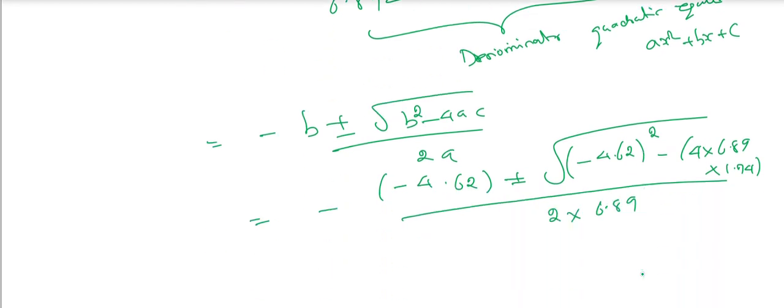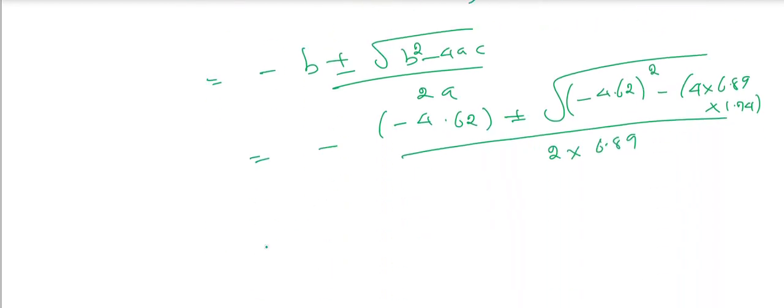So simplify this quadratic equation and you will get 4.62 plus or minus j